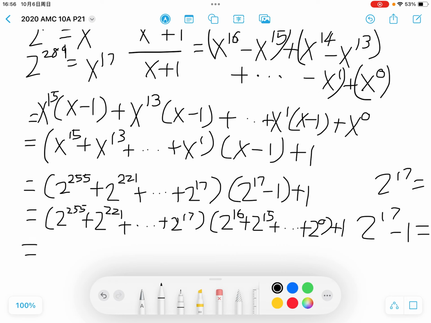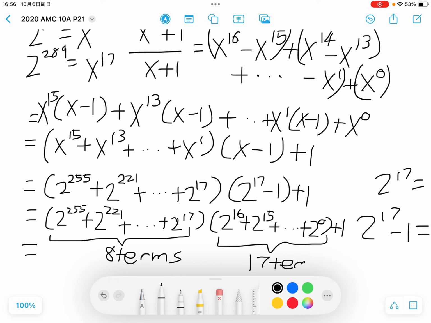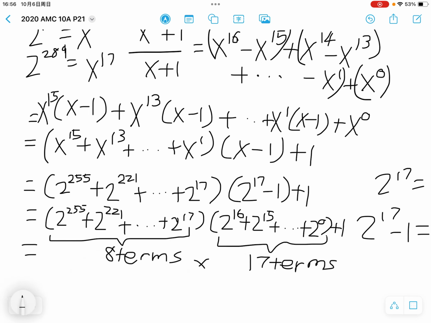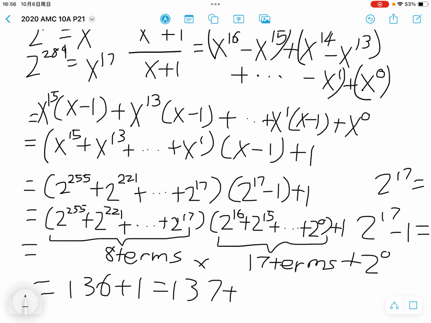Okay, so now you just multiply this out. Well, we don't have to, because all we want to figure out is how many terms there are. We know that there are 8 terms here, and there are 17 terms here. So in total, this multiplication plus an extra term, plus 2 to the power of 0, which is 1 term, gives, so 8 times 17, 7 times 8 is 56, so 136, plus 1 term, which is 137 terms. So why do we have 8 times 17 terms when we expand? Because every